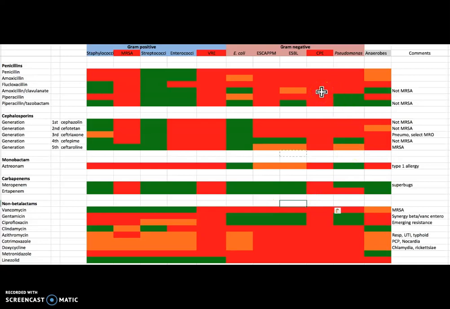Sometimes they will be susceptible to one of the non-beta-lactams, and so to treat them, usually you use unusual drugs such as colistin or fosfomycin, and there are strains of the CPE which are not susceptible to available antimicrobials, and unfortunately we're going to see more of these in the future.